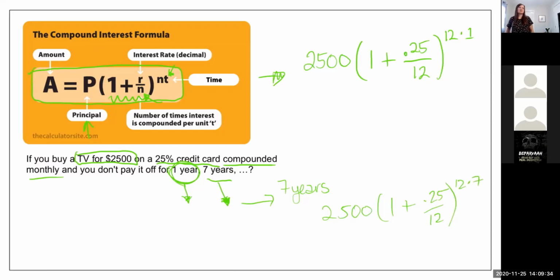So over 7 years, I'm sure you'll owe way more than you initially set out to. So hopefully you pay off your credit cards and don't do it on a 25% credit card. Always look, if you're signing up for a credit card, identify: is it compounding daily? Is it compounding monthly? Because those are the periods at which they're recalculating your either debt or growth for interest. Okay,